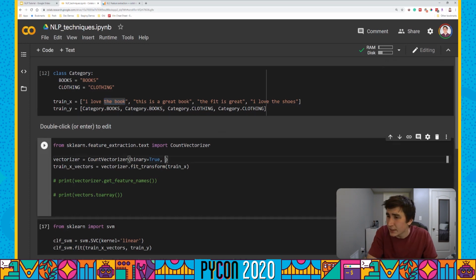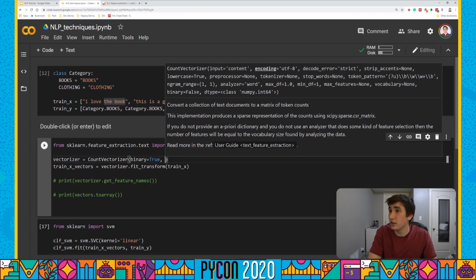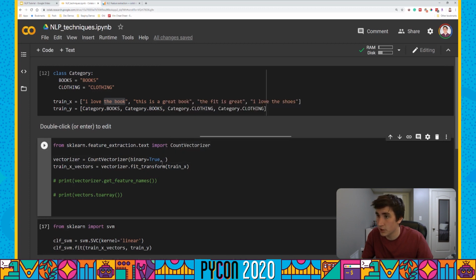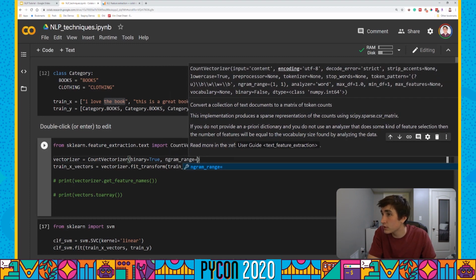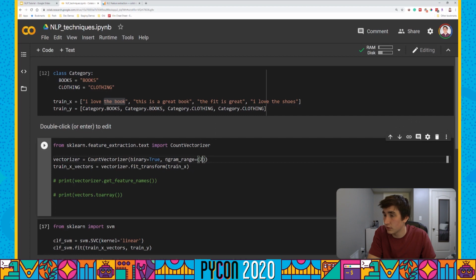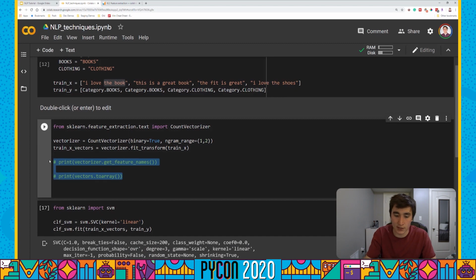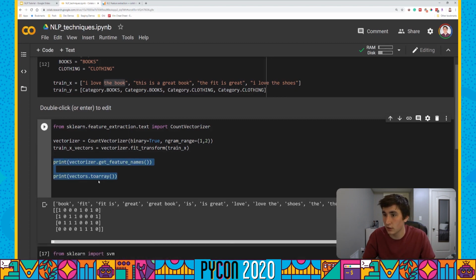I'm going to just see what we have. N-gram range, that's probably going to help us. So I'm going to type in n-gram range because it probably will give me some more information about that. Equals. Oh, so I'm going to say 1 and 2 to get, I think, both 1 words and 2 words. So we can print this stuff out again and see if that is the case. Yeah, so now you see we get 2 words as well,